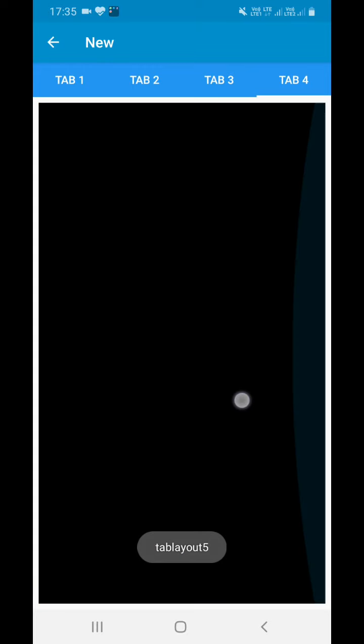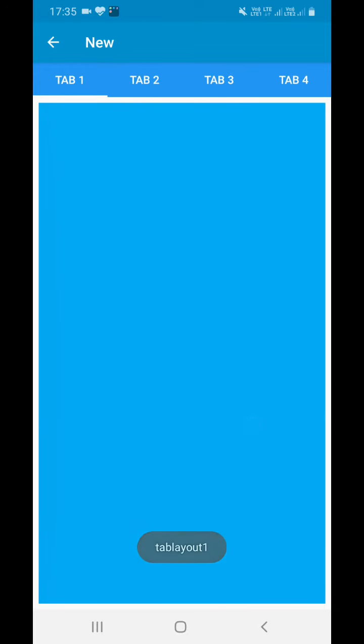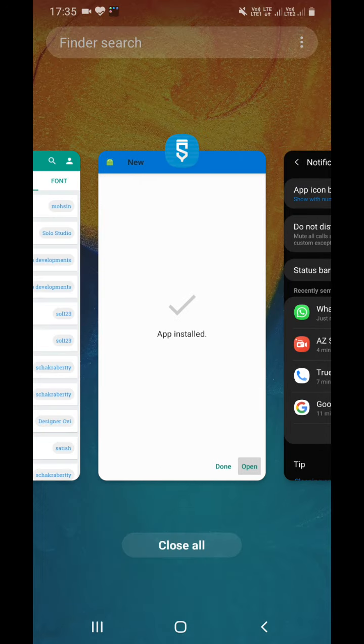So today's video is basically on tab view or view pager. Okay, so how to make this? You can see that I am scrolling these views and the tabs are changing, layouts are changing. So how to create it? Okay, so for this we need to